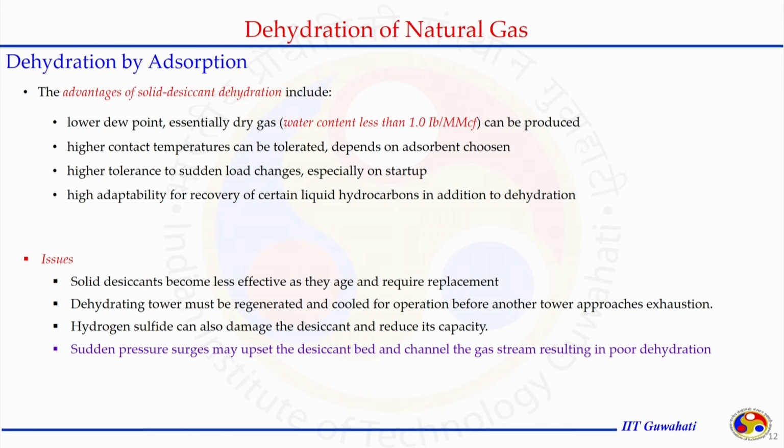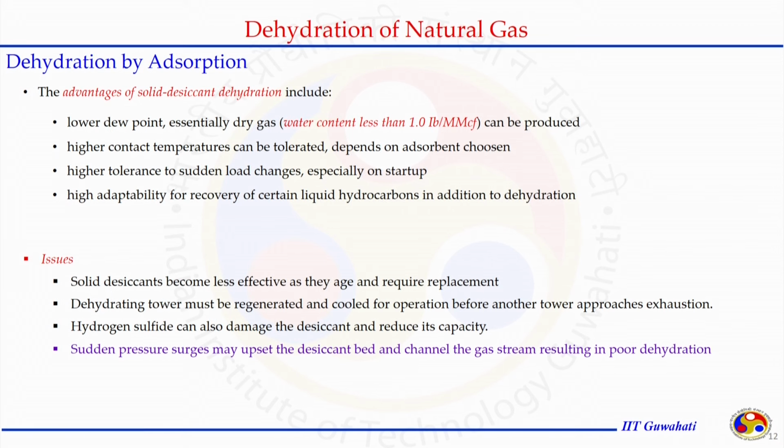As we see, the packing of the solid gets disturbed if we have a higher gas flow rate from the bottom, so we don't do that. Similarly, if any sudden load changes happen, the solid packing may get disturbed and we may get channel formation. In the case of the solid desiccant, we have more tolerance for such changes, and that helps us when we are starting up the process or during the startup of the plant.